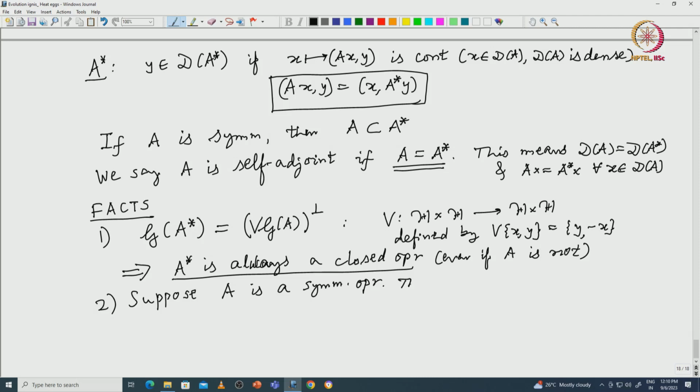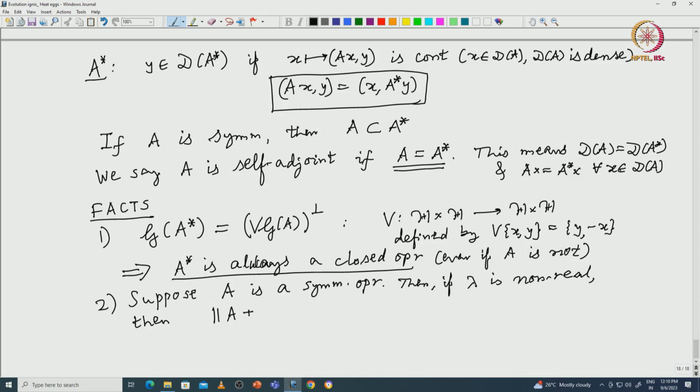Then if lambda is non-real, that means its imaginary part is not 0, then the norm of (A plus or minus lambda I) x